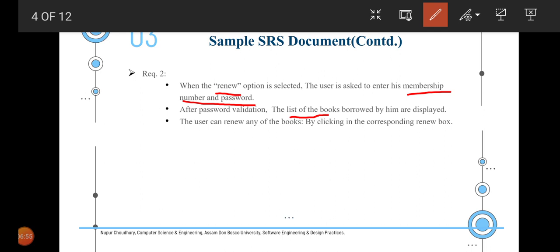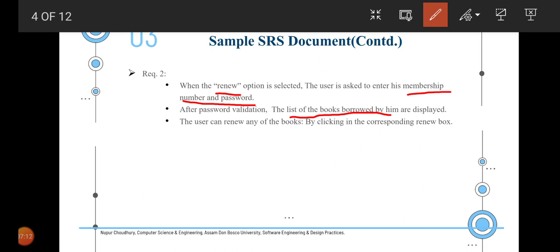So the list of books that are borrowed by him serves as the output of this particular function. The user can renew any of the books by clicking in the corresponding renew box. So these are basically the requirements.